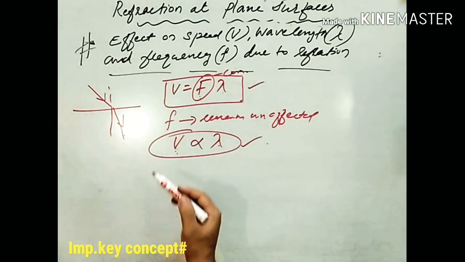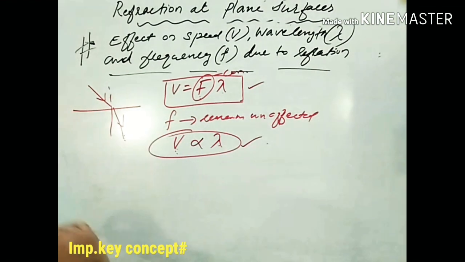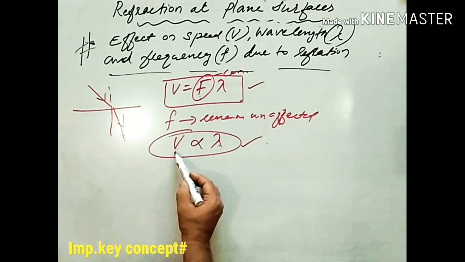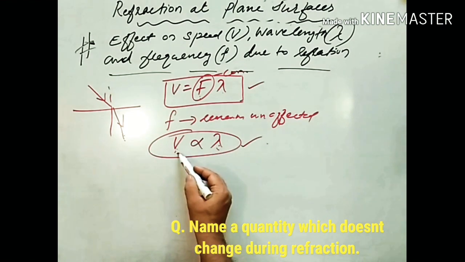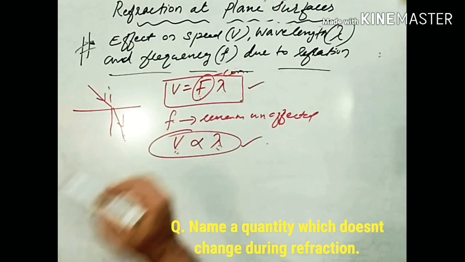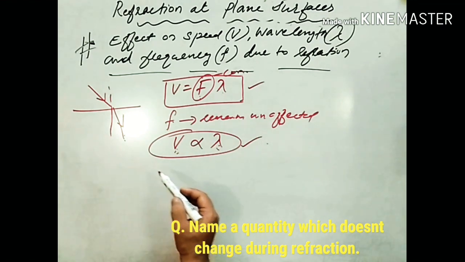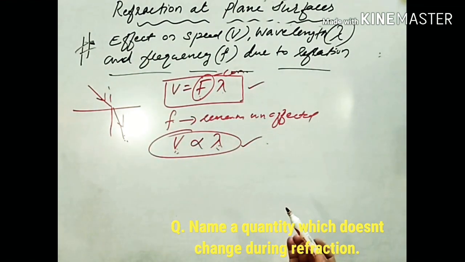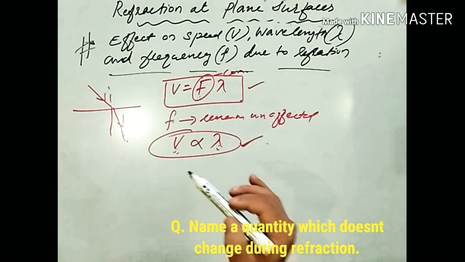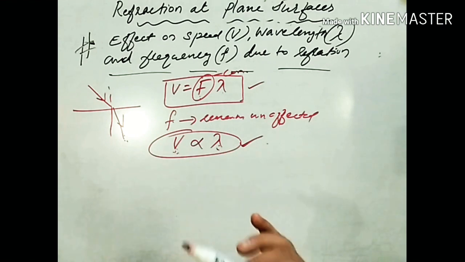When light passes from denser to rarer medium, what happens? The speed of light increases. When the speed of light increases, wavelength also increases. So remember that when a ray of light passes from rarer to denser medium, the wavelength decreases, and when the wavelength decreases, speed also decreases, but its frequency remains unaffected. When light passes from denser medium to rarer medium, the speed of light increases and hence wavelength also increases. So please remember this relation. Based on this concept, key point questions are asked in the examinations. Okay, thank you very much.